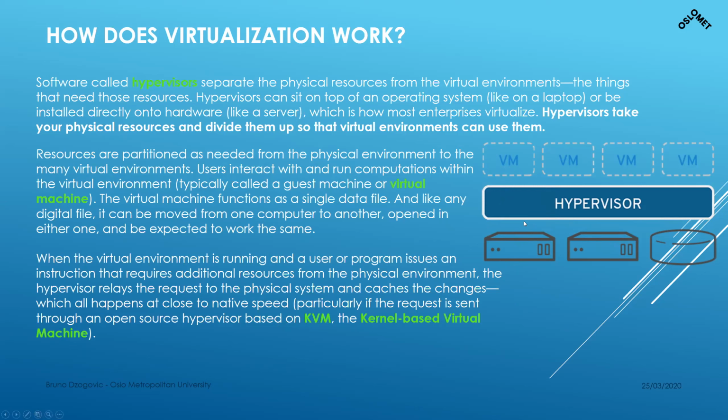Then the hypervisor also takes resources from the network card. It places a virtual function in this network card. So this is usually done with something called single root input output virtualization, and this is produced by Intel. So this is a function of the physical network interface card translated into a virtual one.